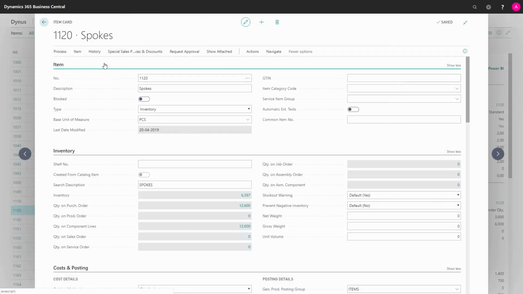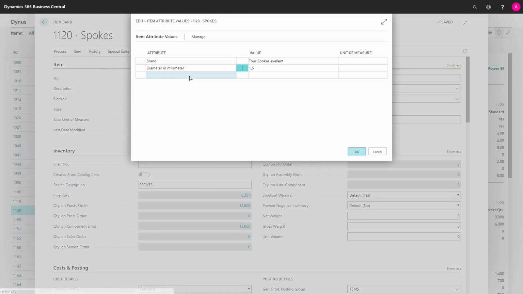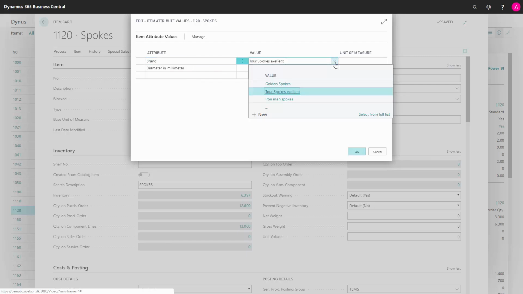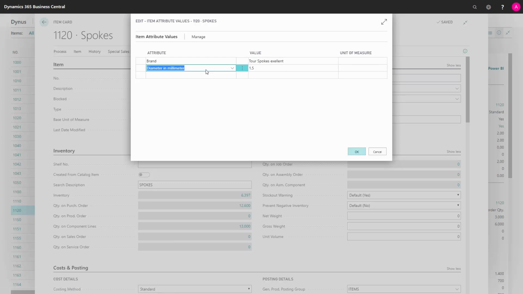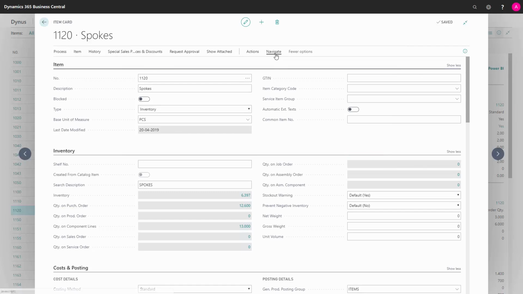The attribute fields is a functionality where you can define metadata on the item, as many as you want. In this scenario, I have added a brand as attribute, and I have defined some value options for that. So I could select different value options across items. And on this item, this is a Tourspoke Excellent, for instance. And I can select millimeter defined by a decimal field, etc. So it's possible to define a lot of attributes for my item. If I go to my Navigate tab,